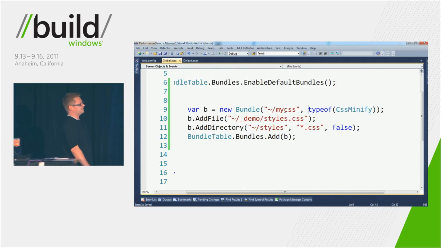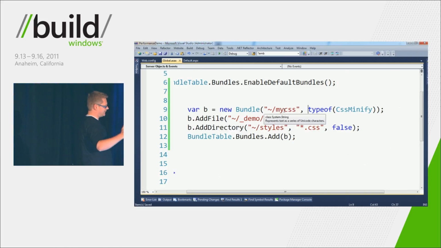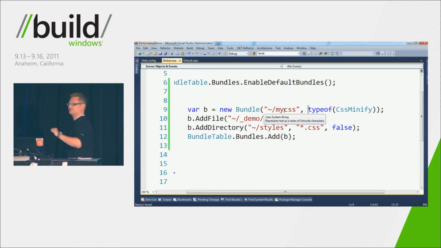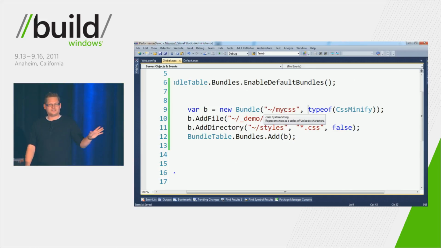We have an interface called IBundleTransform. I'm going to show you in a little bit how that works. But basically, it lets you take advantage of our bundling and do your own processing. In this case, I'm using what we have already built in, called CSS minify. There is one called JS minify if you want to do this with JavaScript. And that's all it takes